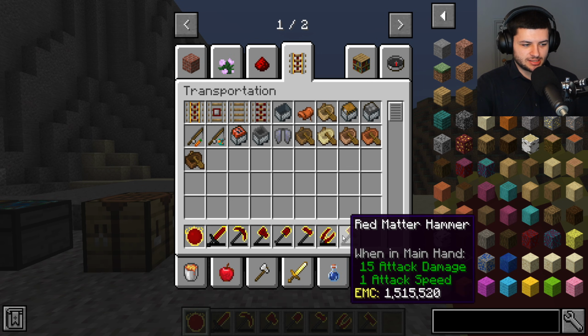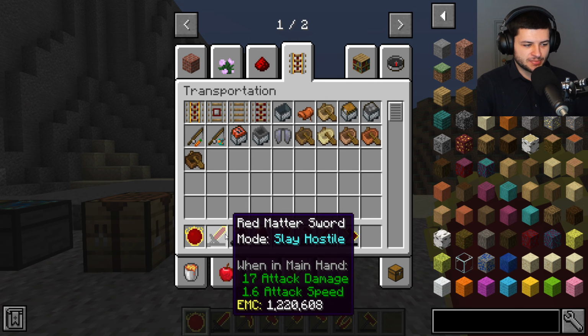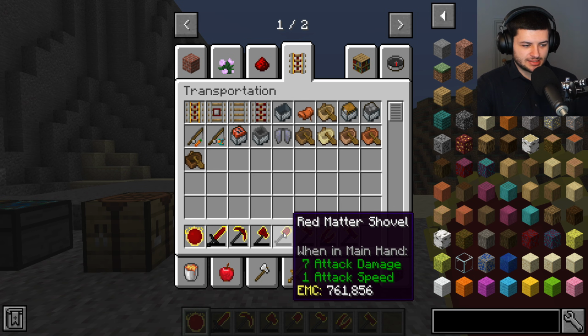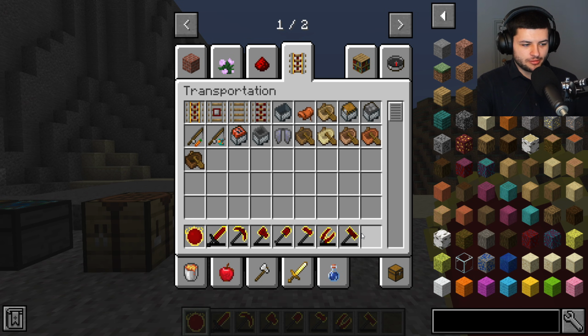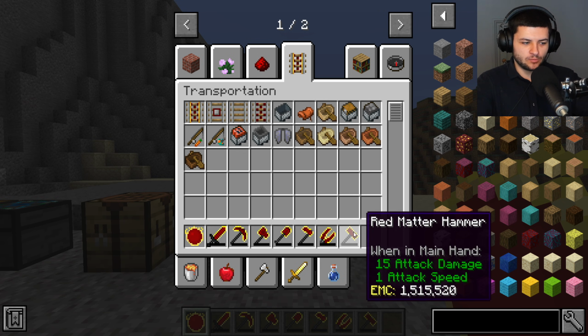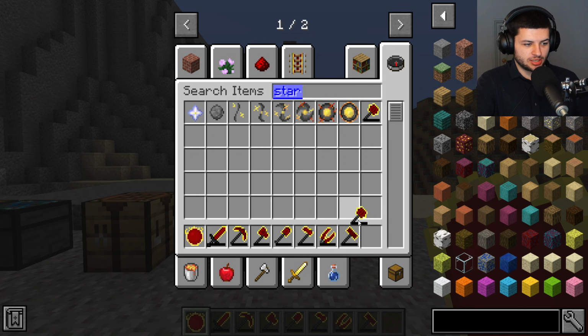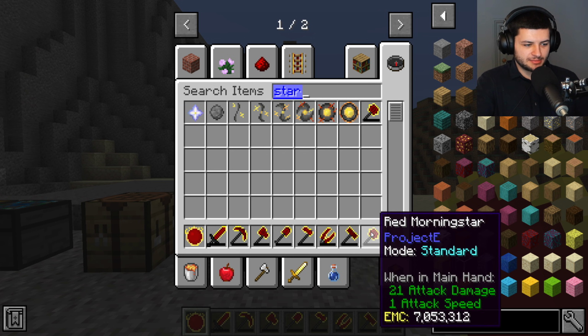Now I haven't shown you these on the last set of tools, but I will try and show you these on the red matter tools. And you can see they have some really nice stats for all of these weapons. Now, one thing that's missing though, or two things that are missing, which were in the old Equivalent Exchange mod, is there was a different sword, which was kind of like a katana, and that was called the Red Matter Katar. And there was also the Red Matter Morningstar, which was a multi-tool, which was basically all these tools in one. Now, we do actually have the Red Matter Morningstar in this mod,